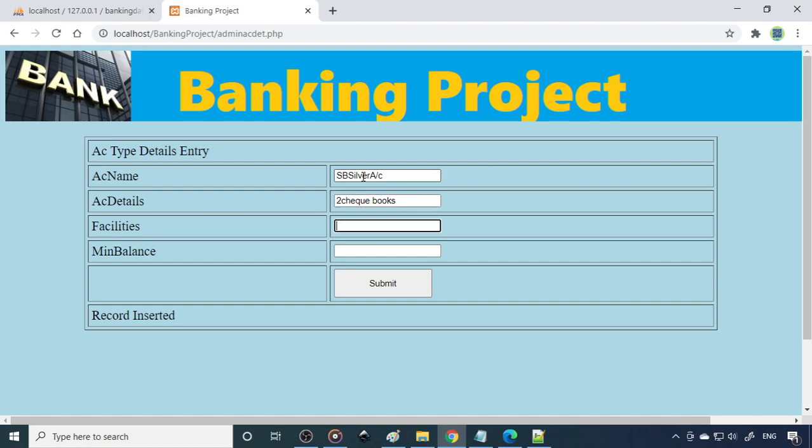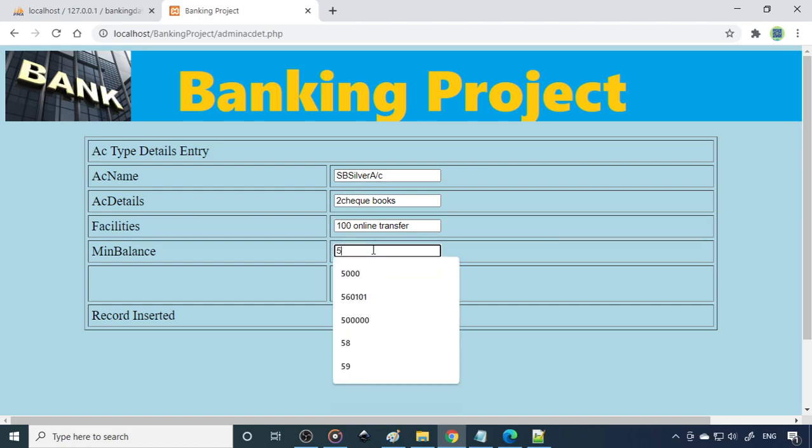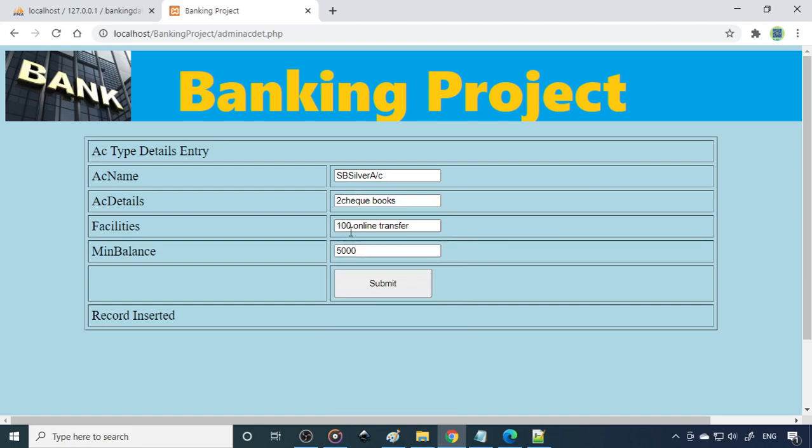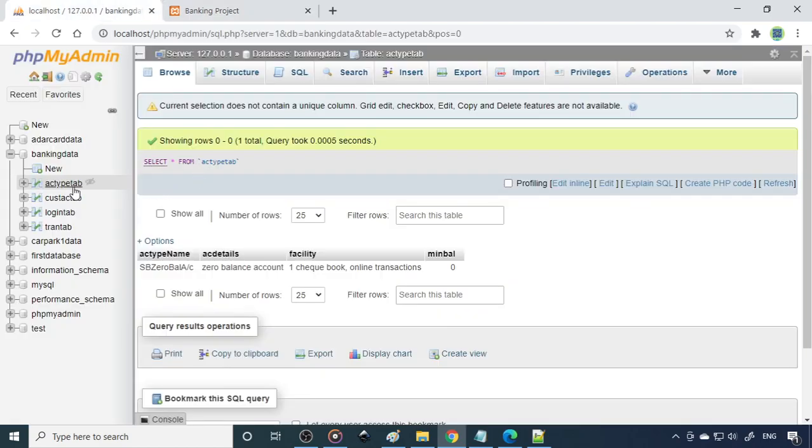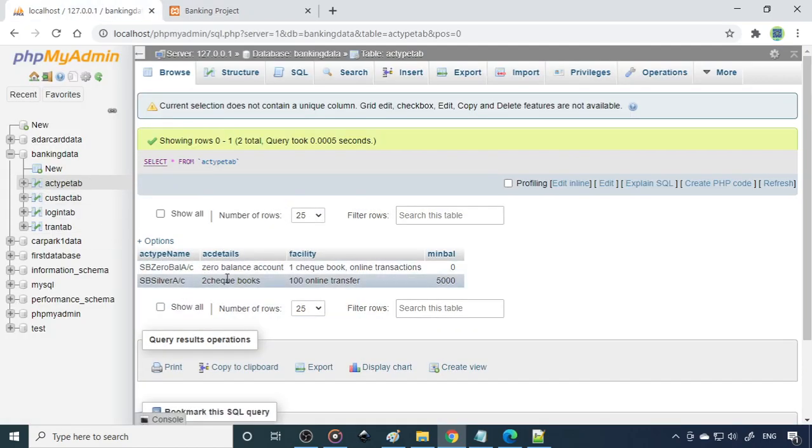Then online transfer. So this is unlimited or 100 online transfer. Minimum balance you need to maintain 5,000 rupees. So you can write more facilities here, there is no problem, because up to 250 characters we have provided. Submit, record inserted. Now if you click this, there are 2 records.